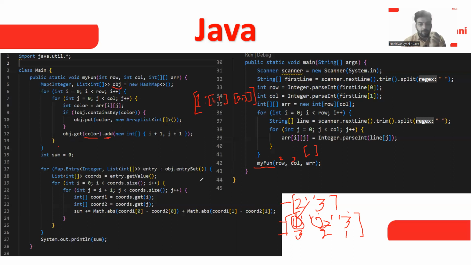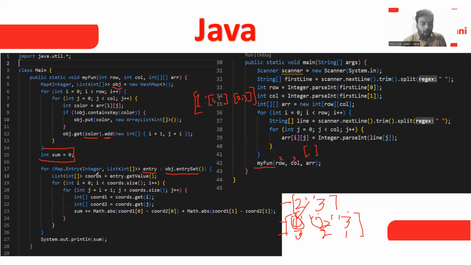After the iteration of each element, we create an int sum equal to 0 because we count the sum. Okay. After that, guys, this is our for loop for the iteration in our map. So Map.Entry, the type of our map is Integer and list of integer array. Okay. And we are writing here a name. It can be any element, entry, anything. And object dot entrySet. So this is the method by which we get the entry set from the object map.